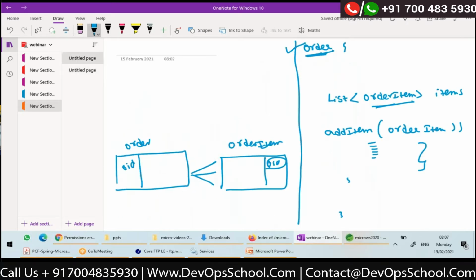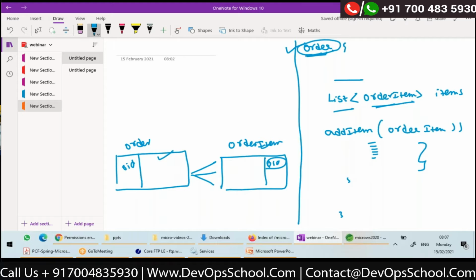So what I mean to say is, here order is the main class which has references to other classes in your application. You should be able to identify one root entity. Order is an entity, right?